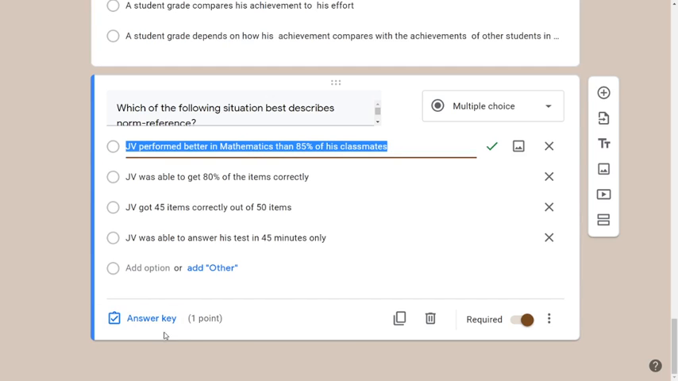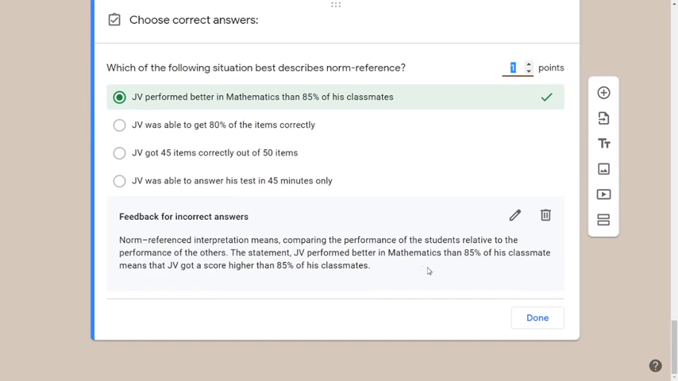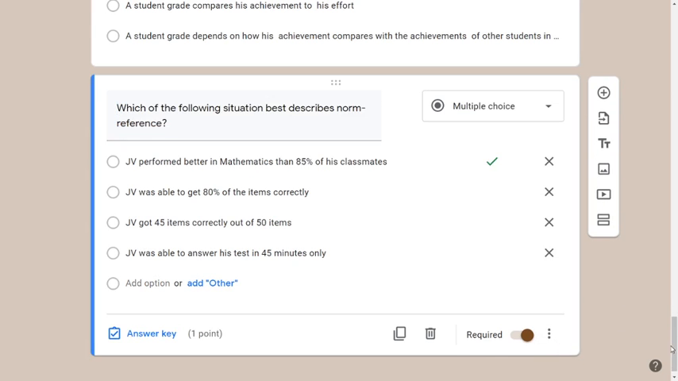Okay, it's correct. Norm reference interpretation means comparing the performance of the students relative to the performance of the others. So the statement JV performed better in mathematics than 85% of his classmates means that JV got a score higher than 85% of his classmates. Okay, so now we're done